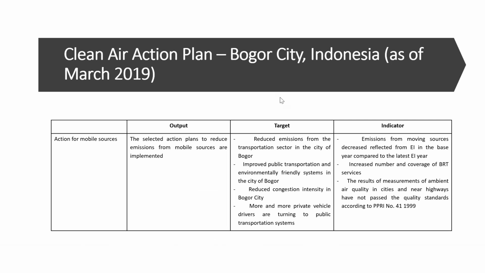in Bogor city in Indonesia, where if you look at the target, it was to reduce emissions from the transportation sector by improving public transportation. So, in 2017, we did our baseline, and if you can see in the last column, there has been a reduction in emissions compared to the baseline year, basically because there has been a focus on public transportation, increase in the number of buses, and policies and strategies to move people from private transport to public transportation. However, there's also a negative in terms of